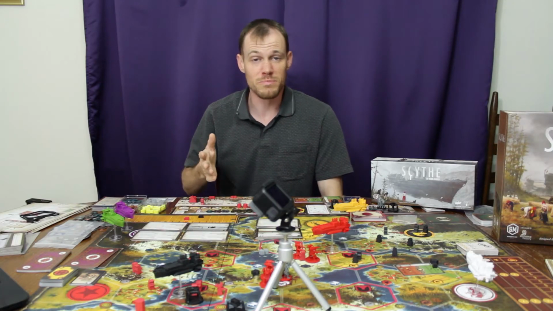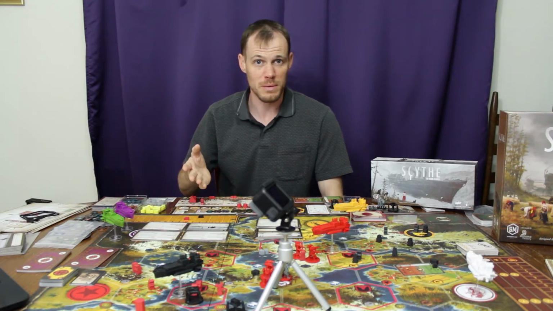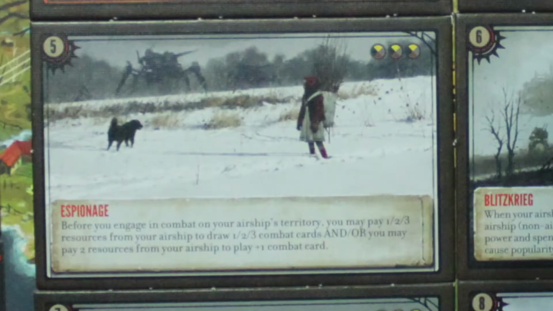So that is going to be some pretty crazy movements for the airship, for the Automa. Number 5 is Espionage. Espionage for the player goes like this. Before you engage in combat on your airship's territory, you may pay 1, 2, or 3 resources from your airship to draw 1, 2, or 3 cards, or you may pay 2 resources from your airship to play 1+ card